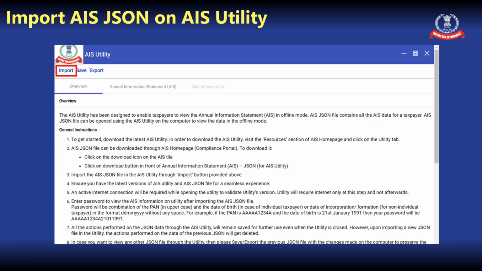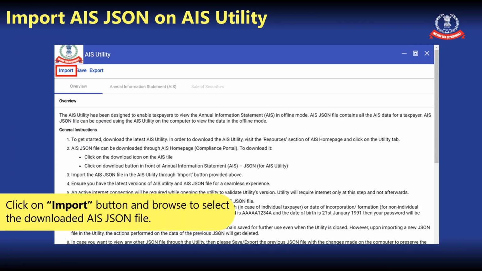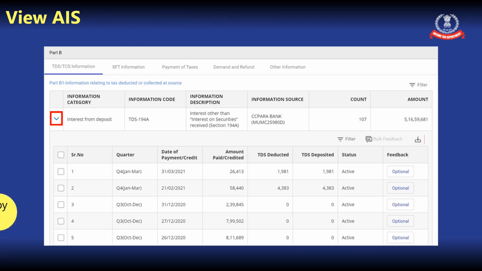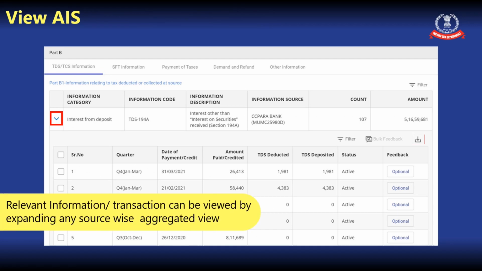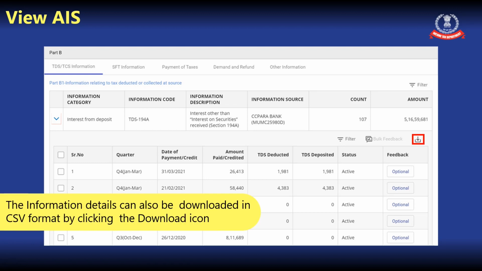So we need to go back to the utility and click on the Import button and browse to select the downloaded AIS JSON file. Once you are viewing AIS, you can get the relevant information or transaction by expanding any source-wise aggregated view. You can click on the Download button and then the information will be downloaded in CSV format.